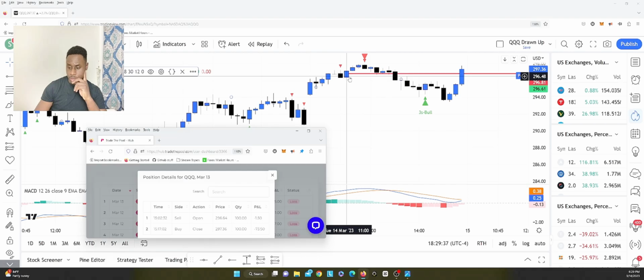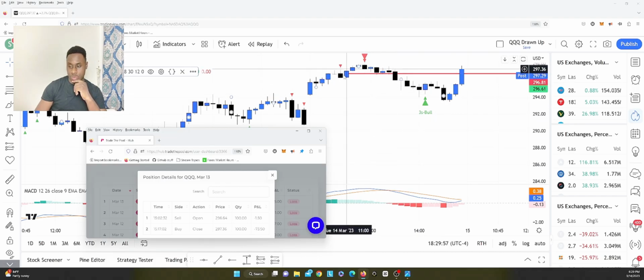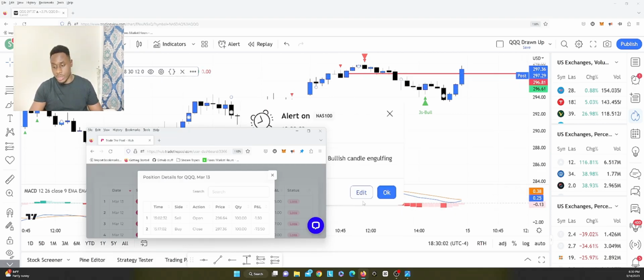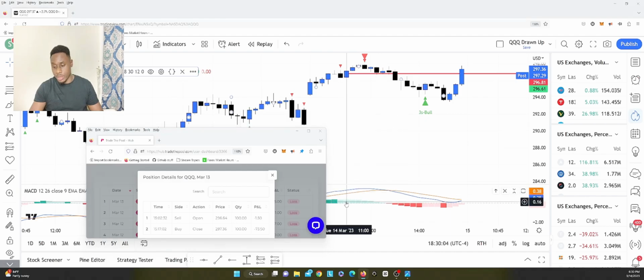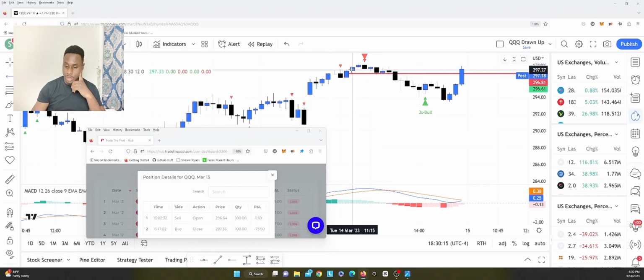Right, so I entered to the downside on this candle, the 11 o'clock candle. The reason was this is a bearish engulfing candle. So I wanted to take it down and have my stop loss a little bit above here. But it didn't continue to go down until this candle. There's nothing I could do about this one because I could see the MACD falling down as well, but it just didn't push down with that strength. So I got hit out, I guess, on the next candle